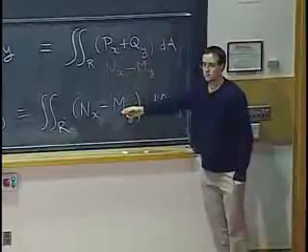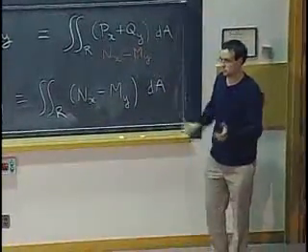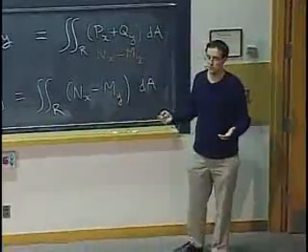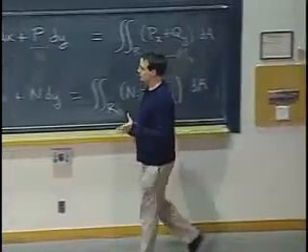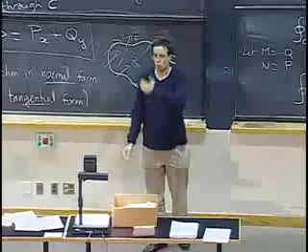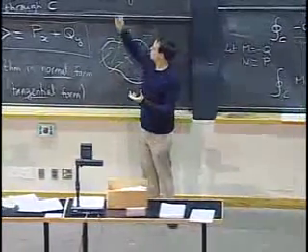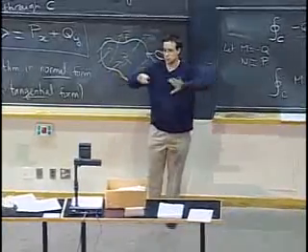So just by renaming the components, I go from one form to the other one. So it's really the same theorem. That's why it's also called Green's theorem. But the way we think about it when we use it is different, because one of them computes the work done by a force along a closed curve. The other one computes the flux, maybe of a velocity field, out of a closed region.